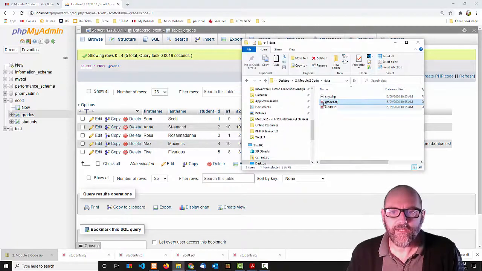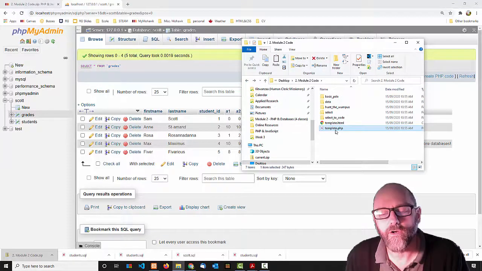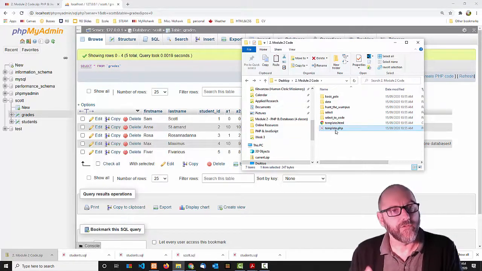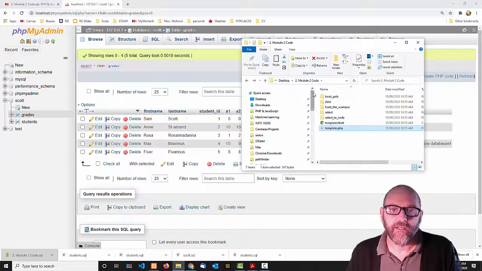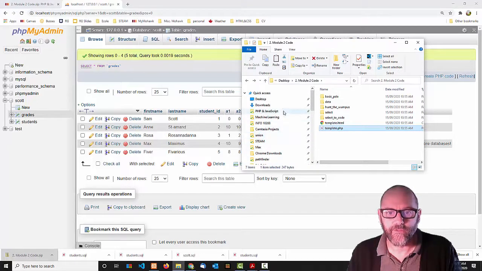The other thing I'm going to need is over here is the template, PHP template. So the goal here is to create a PHP file that when loaded through a server will be able to access a database on that same server and make changes to a database table within that database. So I'm going to copy this. I'm going to go over to htdocs. Where are we? What happened to my htdocs folder? Okay, I'm going to have to go to